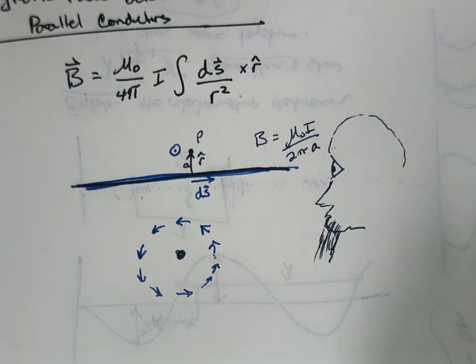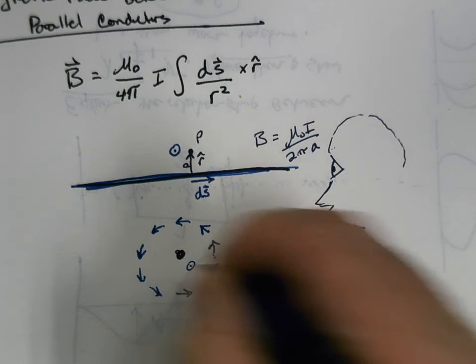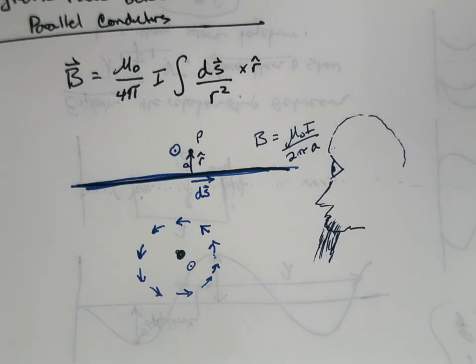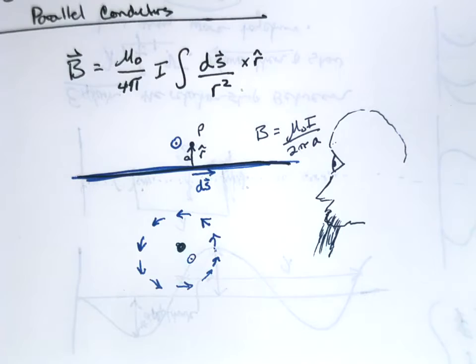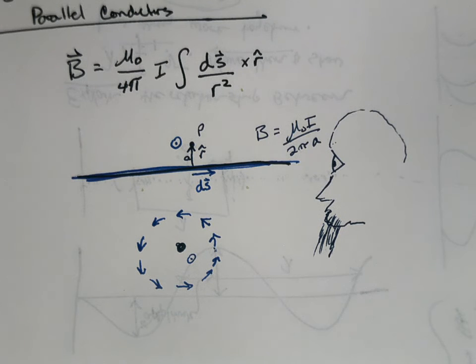If the current is coming at you, and we wrap our fingers around it, that's the direction of the magnetic field. So it's actually circular around the wire. That's a really useful method for the right hand rule, and it's the way I learned it to begin with. There are some other ways. You stick your thumb in the direction of the current, and your fingers curl in the direction of the